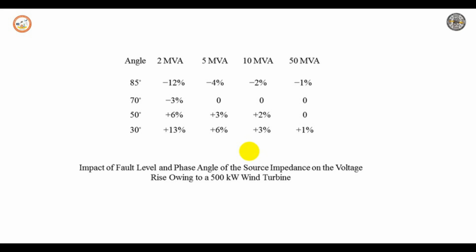It has a total feeder length of about 800 meters. The farthest point is 500 meters away from our distribution transformer. In this example, the maximum load is 2.5 kilowatt, and the feeder impedance is 0.27 plus j0.27